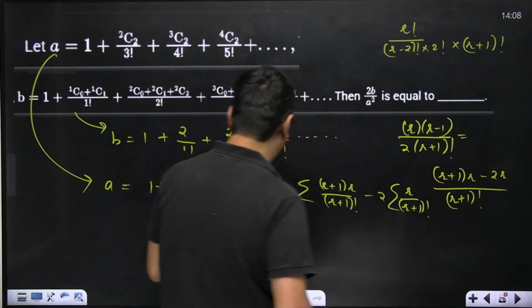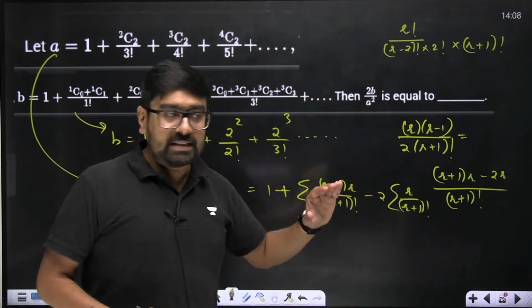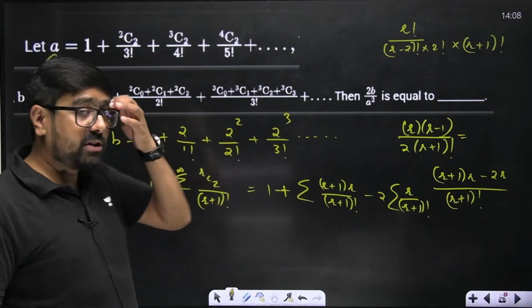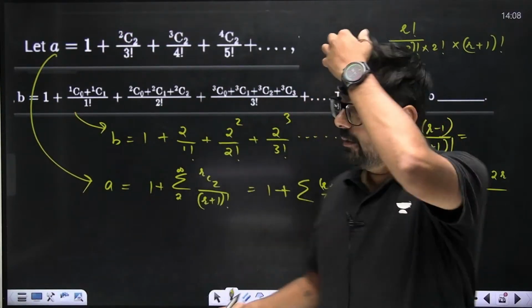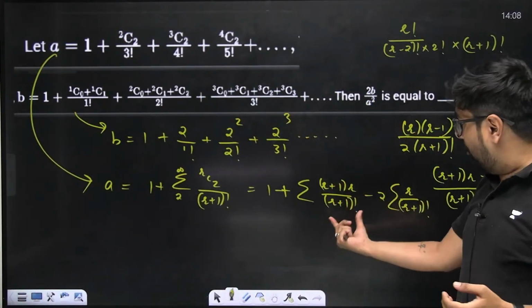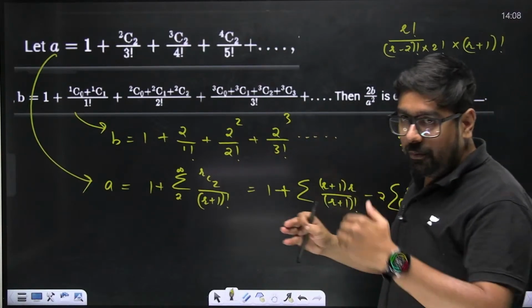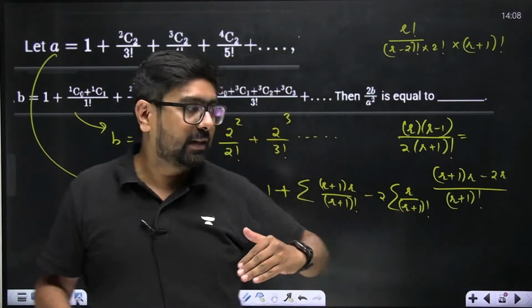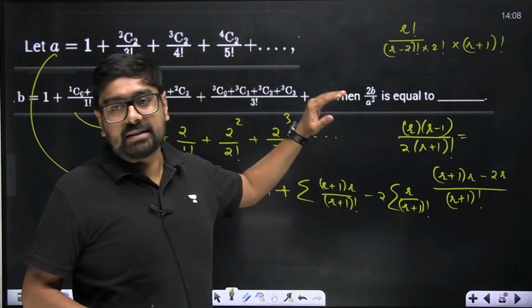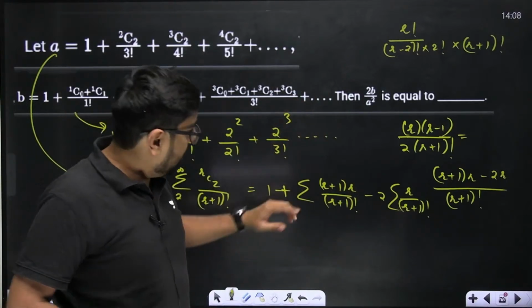Now why did I do this? Whenever you do this, this expansion will help you. This expansion of e to the power x will always help you. If you are getting a factorial in the numerator and denominator, or a factorial in the denominator, then always the use of the expansion will come. Right? See over here,